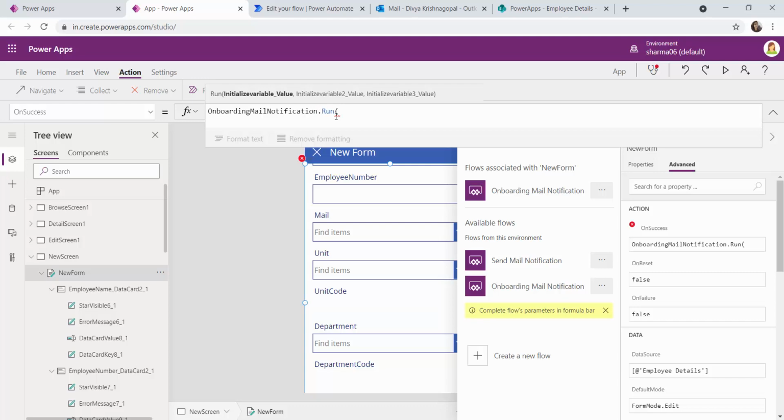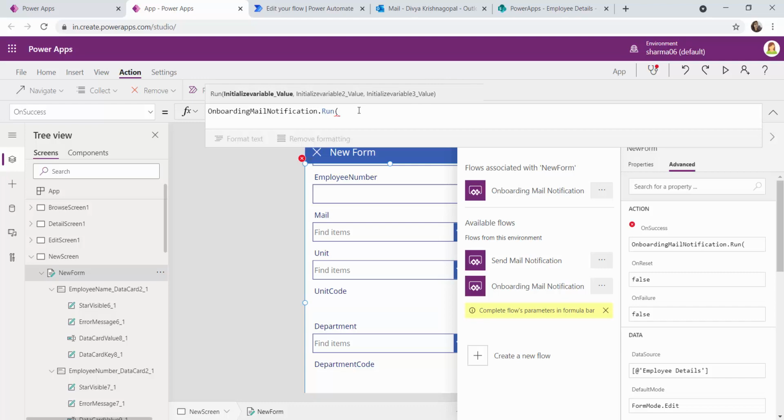Flow name dot run is the function used to trigger the Power Automate. Plus, since we have already included variables which ask for data from Power Apps, you can see here that the run function call requires you to attach this data as parameters for the call to happen. So we know we have to pass these variables in the order in which we have initialized them.